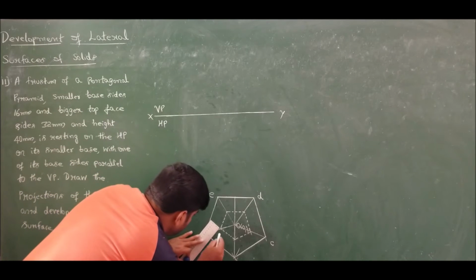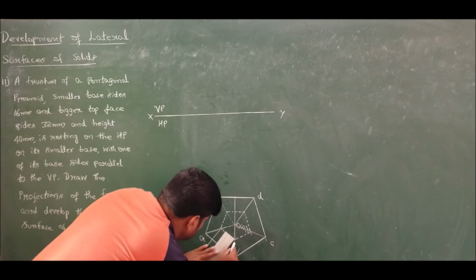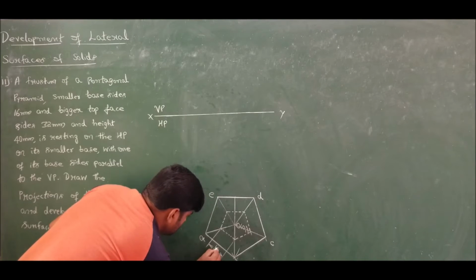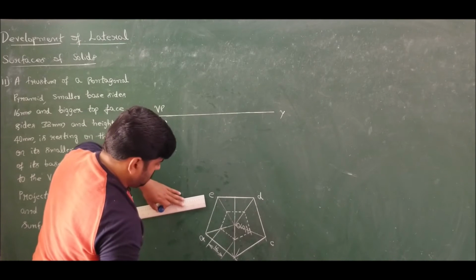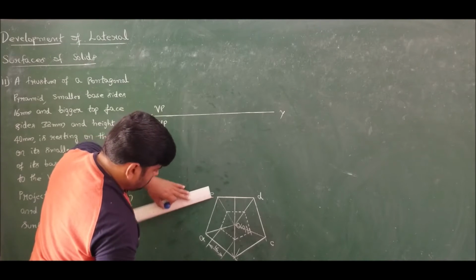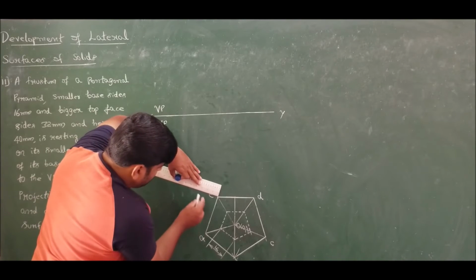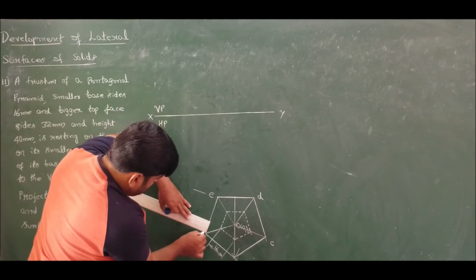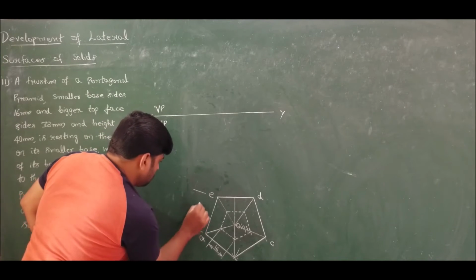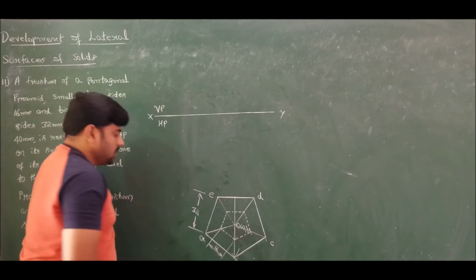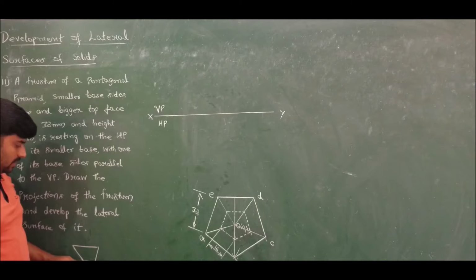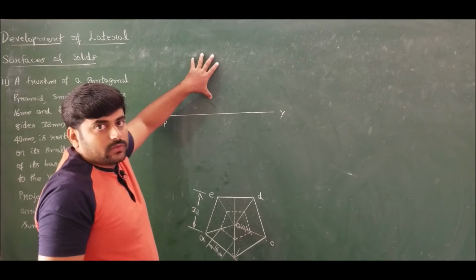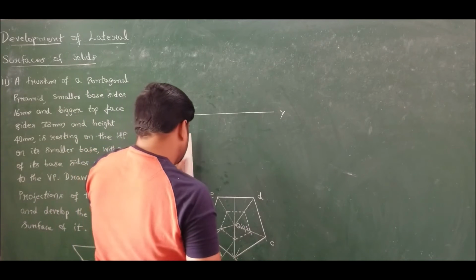That is, this is 16 mm side, this is 16 mm side, and this is 32 mm side. Let me show it here. This is 32 mm side. So we are done with the top face and bottom face. Hope it is clear. Now to find the front view of this hopper-like structure, that is the inverted pyramid,